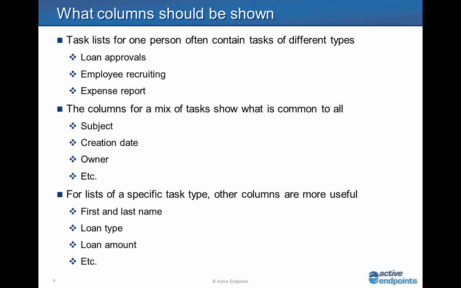So, for example, when there is a list for a specific type of task, you'd like to be able to organize your work by some critical information that's in the task itself. So let's say for approving loans, it might say the first and last name of the person applying, the loan type, the loan amount. These things don't apply to something like an expense report or employee recruiting. So you can't have columns like that if it's a mix of types. So let me show you